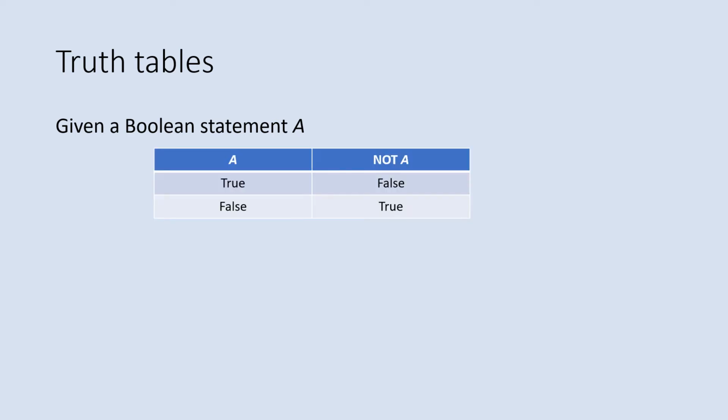So let's say we're given a Boolean statement A, so some statement that's true or false. If we look at this, then A can be either true or false, and so then not A is going to be the opposite of that. If A were true, then not A is false. If A were false, not A is true. If we have another statement, some statement B,